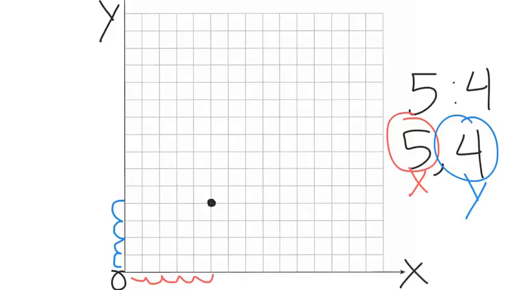Okay? So really what you'll do is you'll go over 5, 1, 2, 3, 4, 5, and then up 4. 1, 2, 3, 4. It's that simple. Okay? So let's go back to